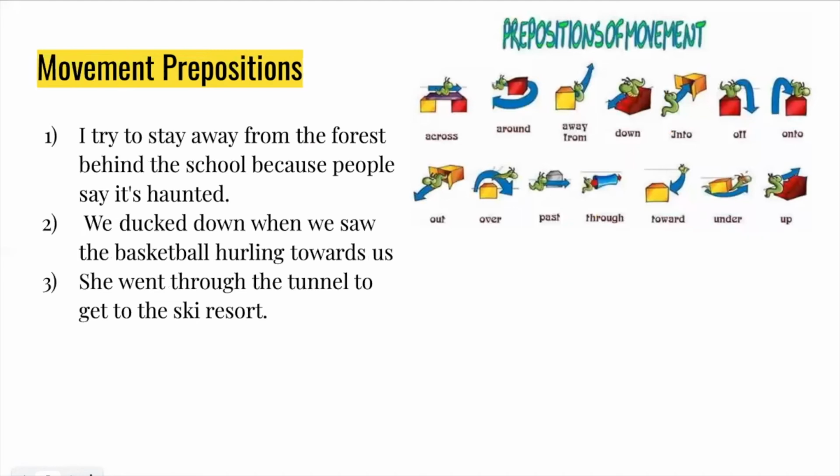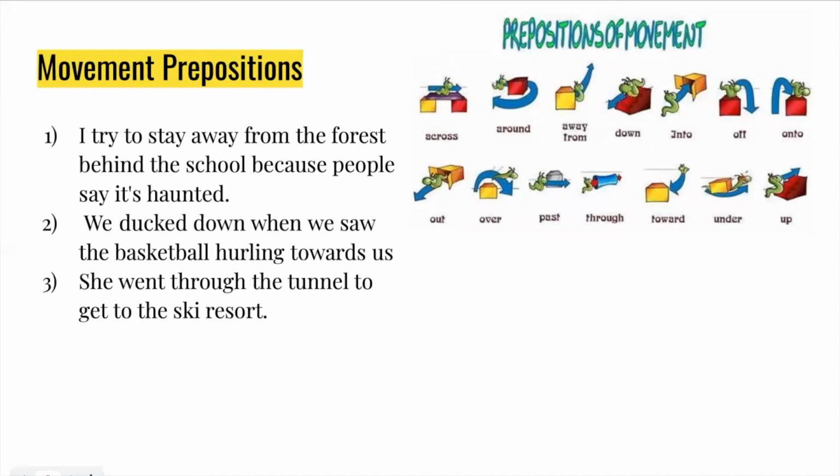So our last kind of prepositions are the movement prepositions. On the right, we have examples of these movement prepositions. And on the left, we have them in sentences. So the first sentence, I try to stay away from the forest behind the school because people say it's haunted. Away from is the prepositional phrase here because it talks about the movement I take in order to stay away